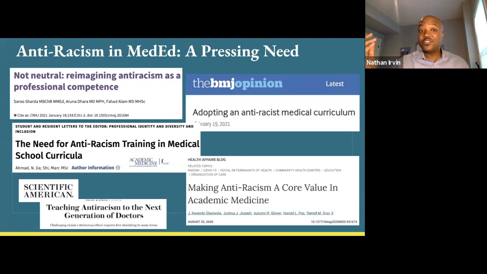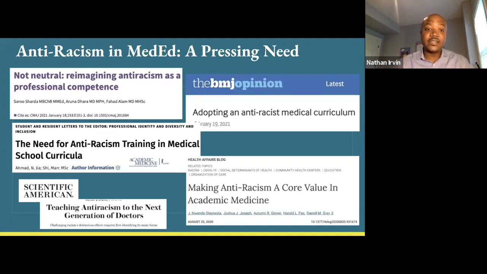Now, despite its import to work in medicine, we have a long way to go to realizing this goal in med ed. Although racism has been identified as a public health crisis, as well as a threat to the well-being and diversity of the physician workforce, anti-racist education in medical education remains extraordinarily limited. Studies note that many American medical schools have yet to even effectively integrate social determinants of health education into their curriculum consistently, let alone more challenging socio-cultural concepts like discrimination or racism.